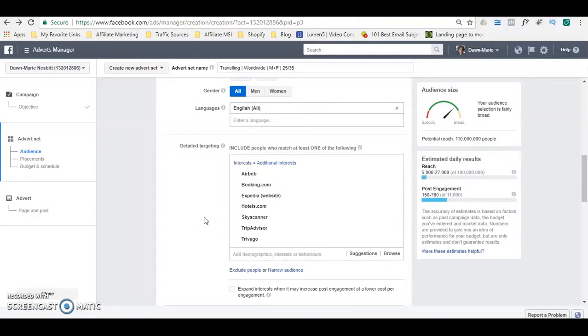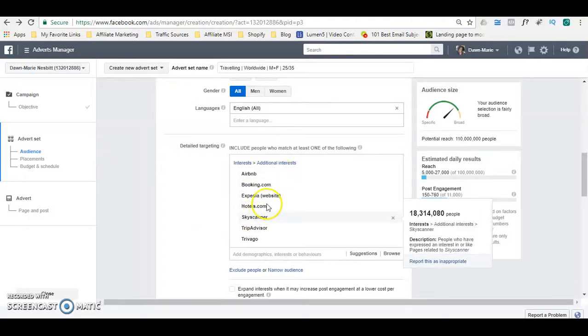It may be add to cart, or they become a lead on your website, or they click on a link. So depending on what the price that you are paying for the conversion, you can actually reduce that price by specifically knowing which interest is giving you the best conversion. So you never want to